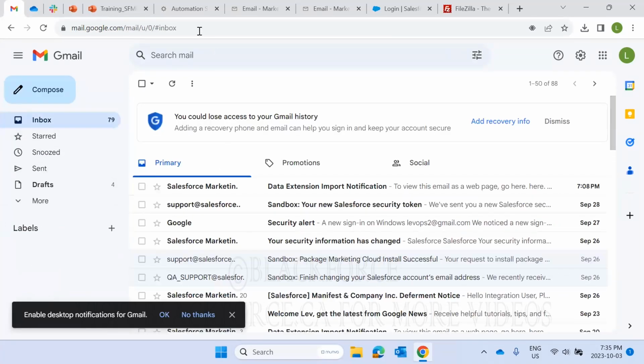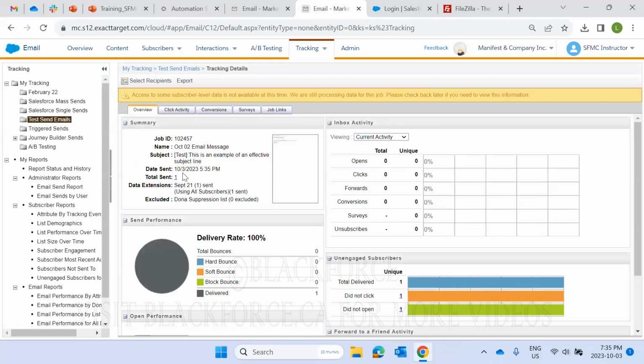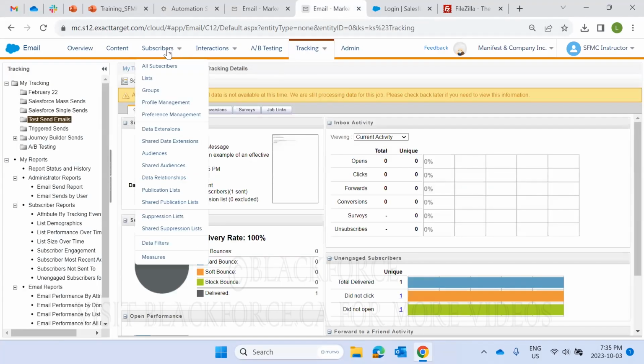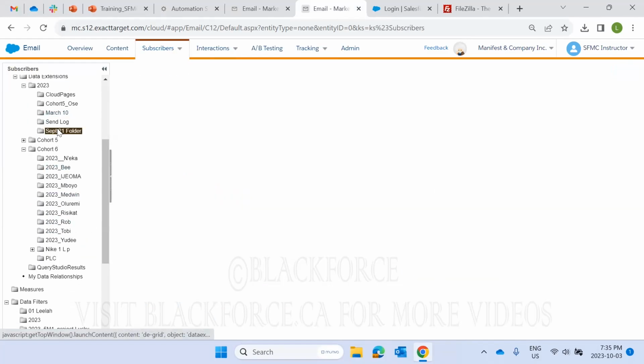Okay, the message hasn't landed in my inbox, but it's saying to us that it sent the message, just hasn't arrived yet. So it went through. Now let's go take a look at my data extension compared to yours, because that's the only difference